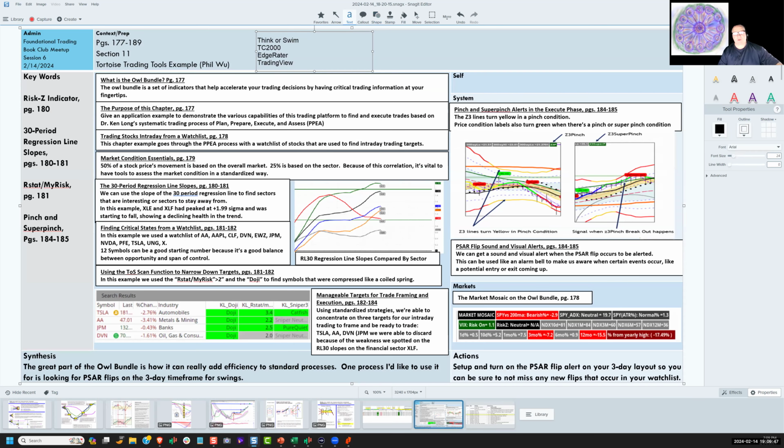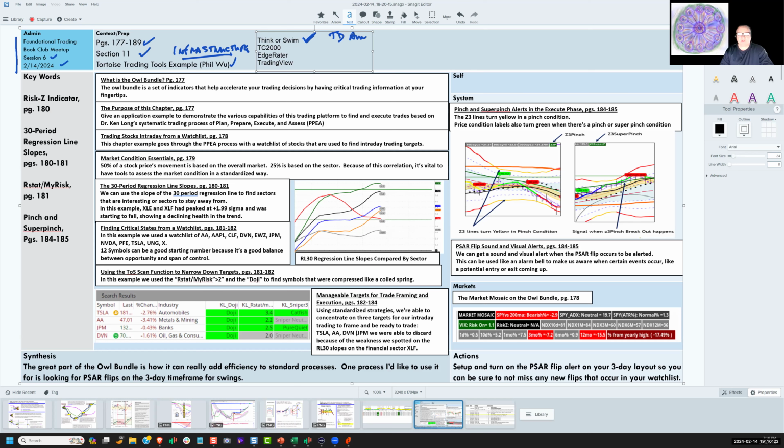All right, so I want to start as usual with the Cornell note sheet for today. This is the club meetup, session 6, Feb 14th. Those pages, which is session 11, the authors, Phil. This is connected to infrastructure that Phil and Griff coded up, and they are specifically looking at the Thinkorswim platform, which is